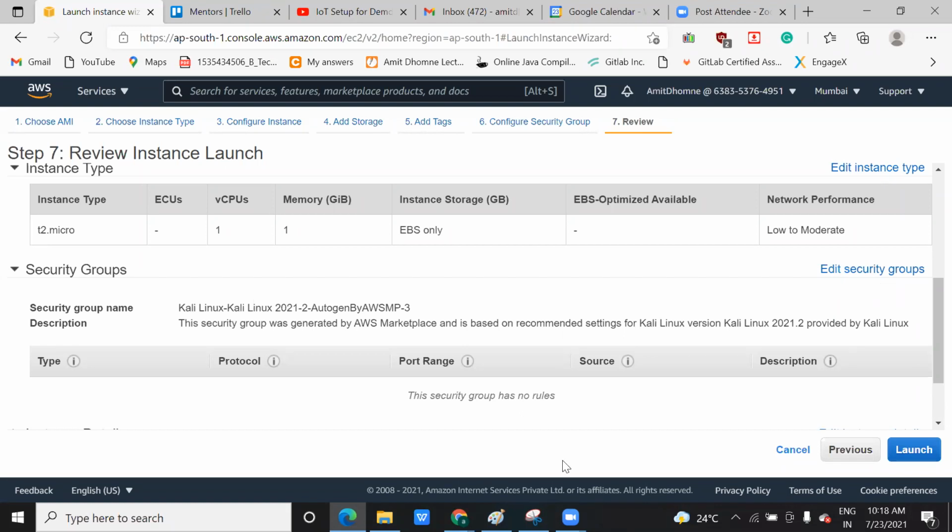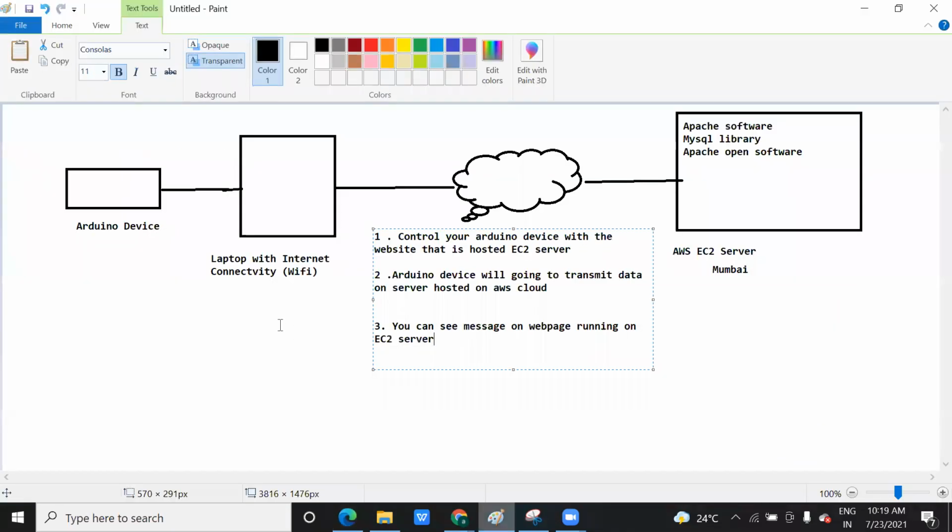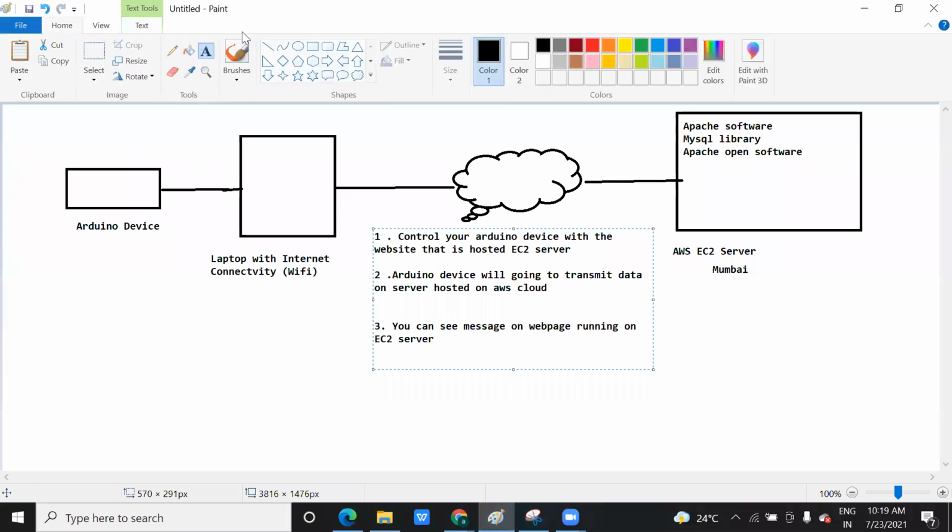One more thing I wanted to tell you here, the connection we are making is a serial connection. What do you mean by this serial connection? It means a one to one connection. This Arduino device is connected with one laptop, and the laptop will send to the network. So the serial connection is between this Arduino device and laptop.